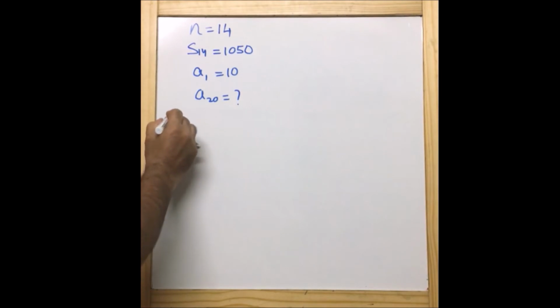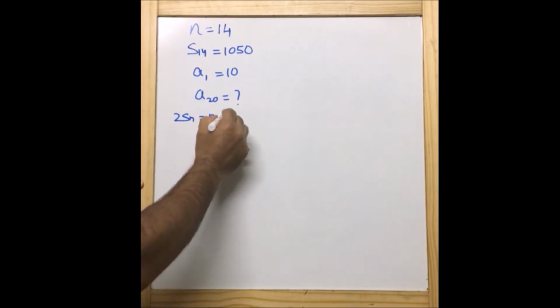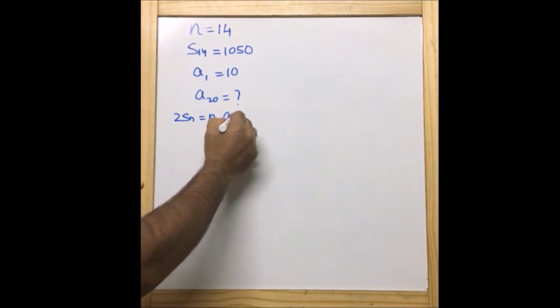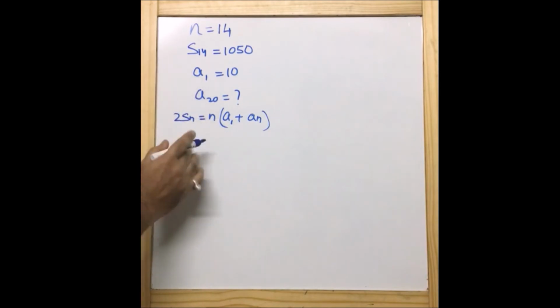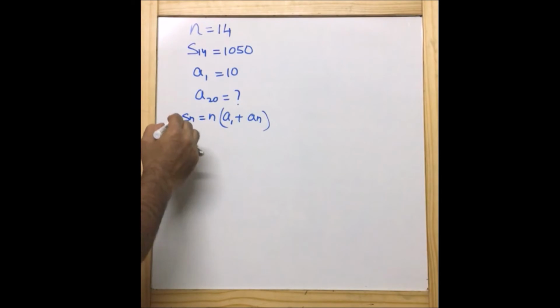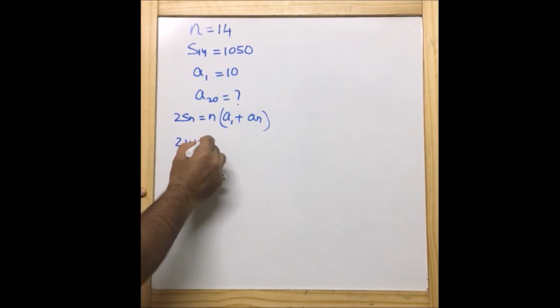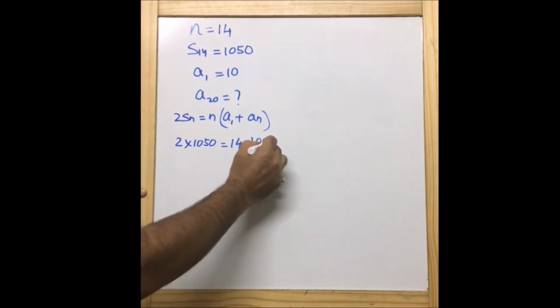Now we know very well the sum of the arithmetic progression formula: 2Sn is equal to n into (A1 plus An). Here n is 14. Let us replace the values first and find out the value of A14. S14 is 1050, so I can write 2 into 1050 is equal to 14 into (10 plus An),